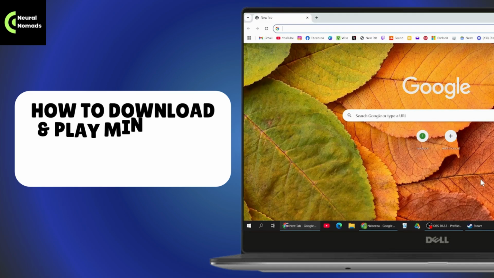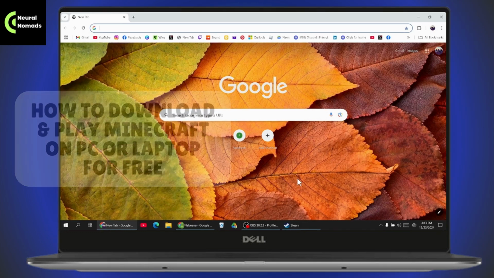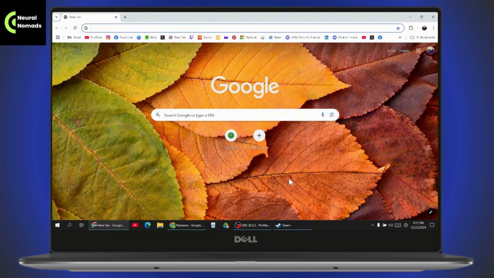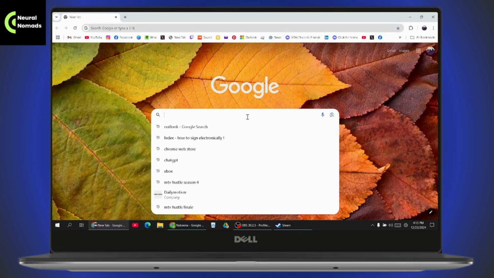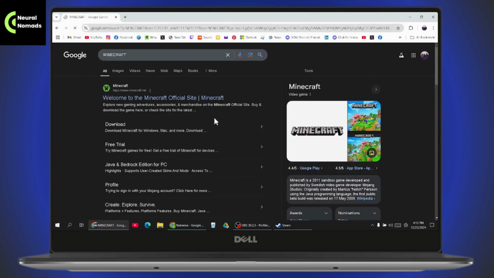How to download and play Minecraft on PC or laptop for free. So if you want to download and play Minecraft on your PC or laptop for free, then what you need to do is first you need to open up your browser and search for Minecraft. Once you search for Minecraft, you just need to simply go with www.minecraft.net, which will take you to the website,